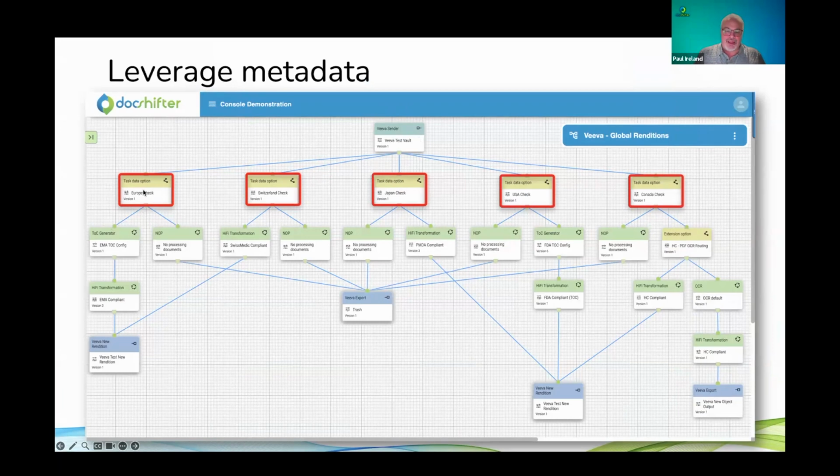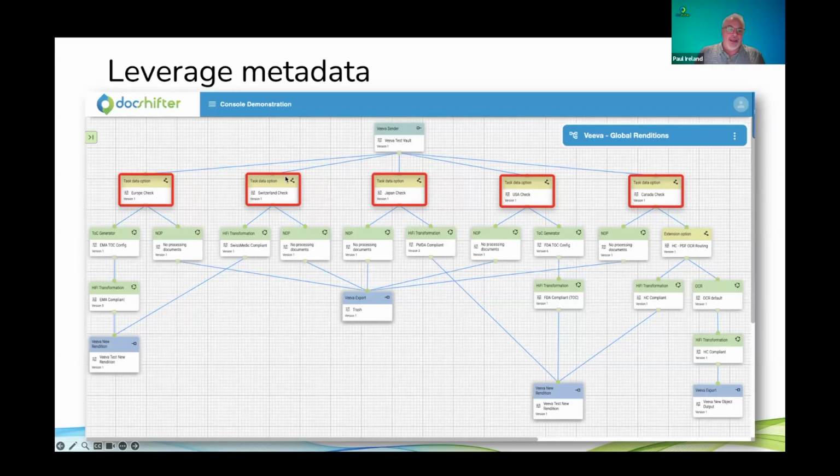I'm just creating a compliant PDF for different regions. And I'm basically saying, do I need to have a European compliant PDF created? Do I need a Swiss medic compliant PDF, a Japanese PMDA compliant PDF, an FDA compliant PDF, or a Health Canada compliant PDF, as many steps as you like. We're basically looking at the metadata, saying, is this type of rendition required, using whatever metadata is available to it? And if it is required, then it says, okay, for Europe, I'm going to create a PDF in this way in the first place, or I'm going to convert my PDF to a compliant PDF in this